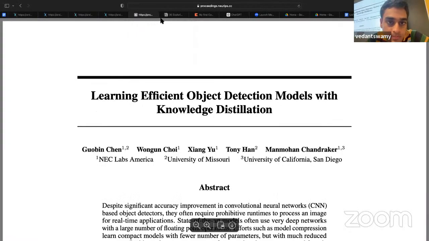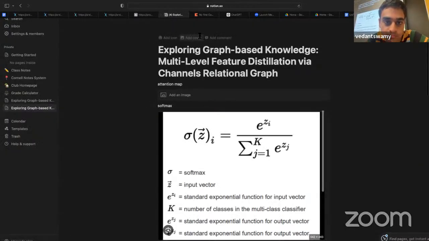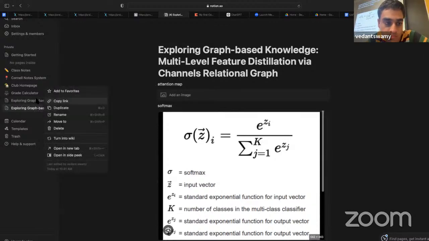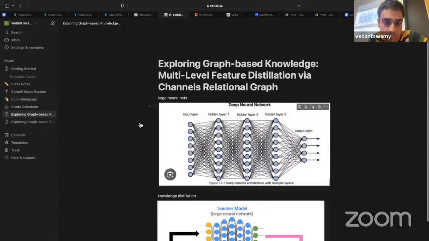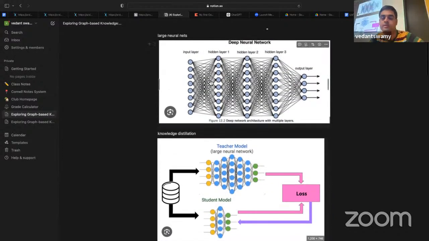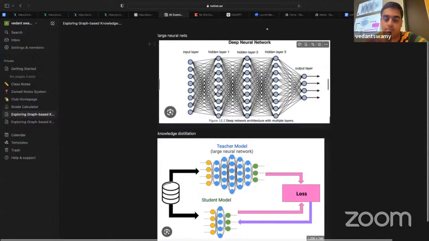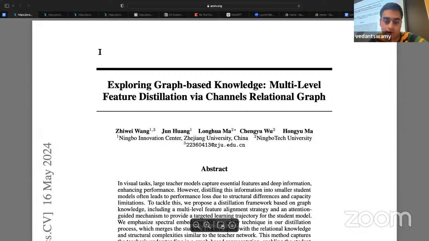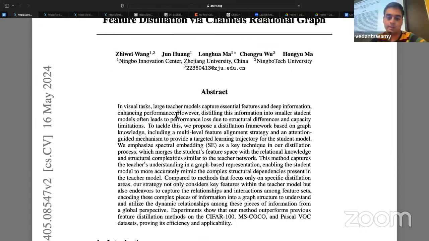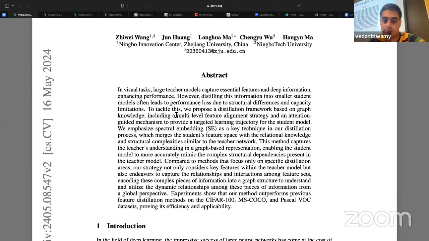For example, each layer out here is a feature map, and therefore it's called a multi-layer feature map. And the channel's relational graph is a graph which would help us understand the relationship between each of these layers. So that's the title. But to understand the title, we need to understand what exactly the paper is talking about